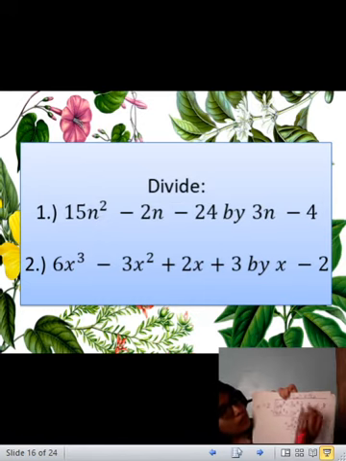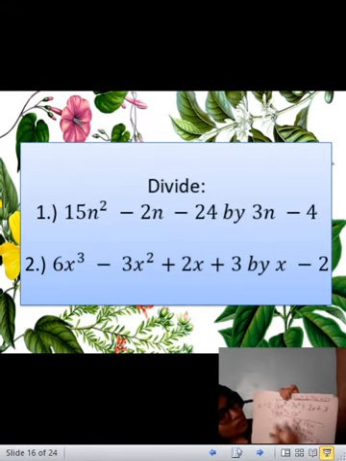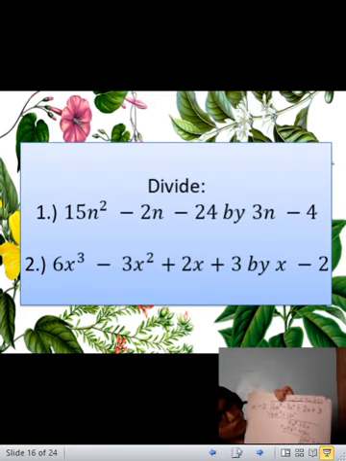20x. Bring down the positive 3. 20x divided by x will give you 20. 20 times x is 20x. 20 times negative 2 is negative 40. Subtraction. Change the sign of your subtrahend. Then proceed to addition. Then you will have